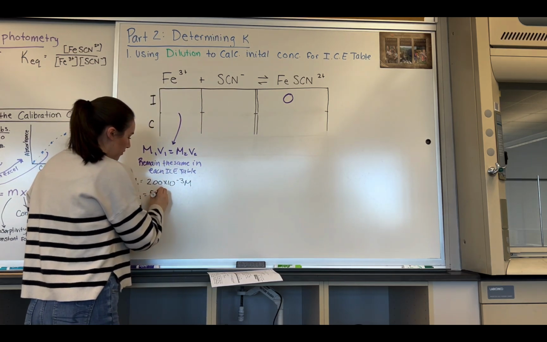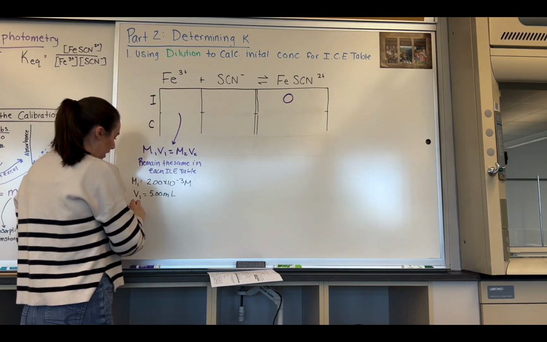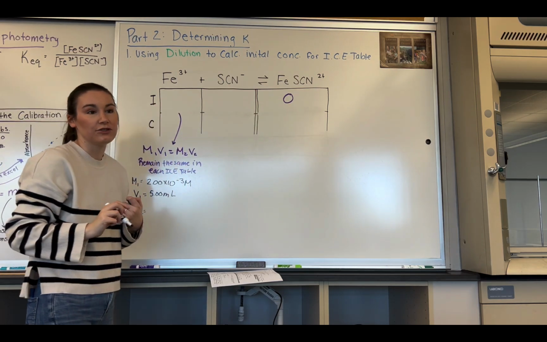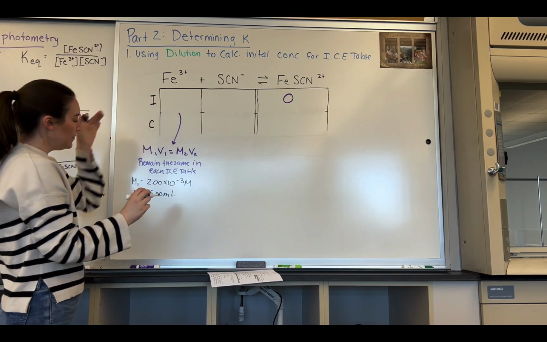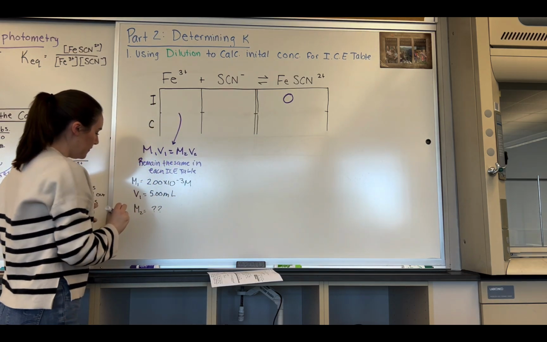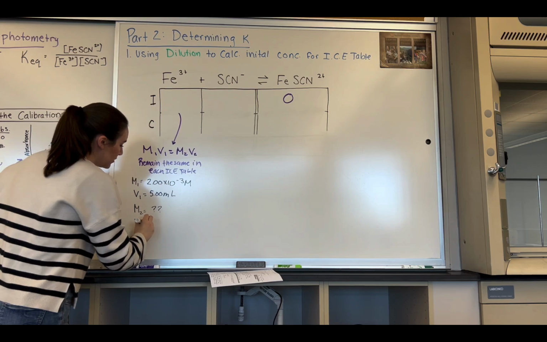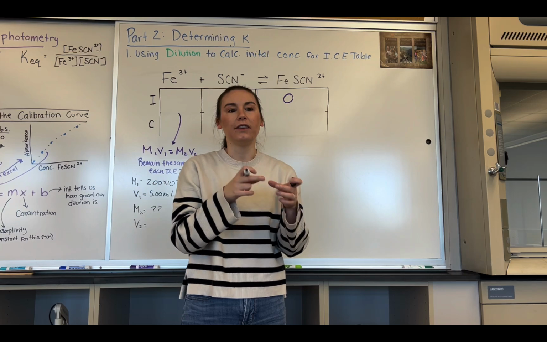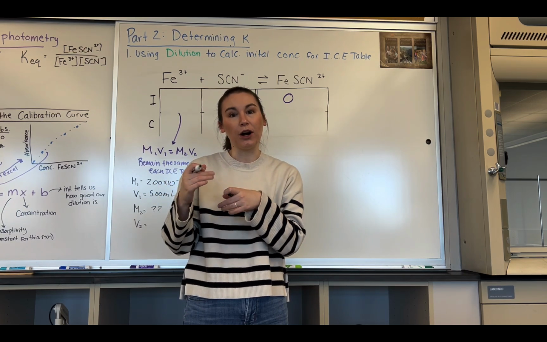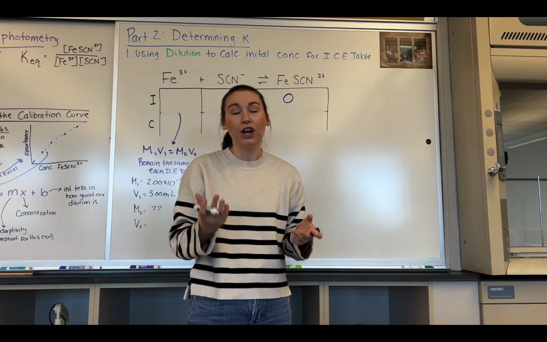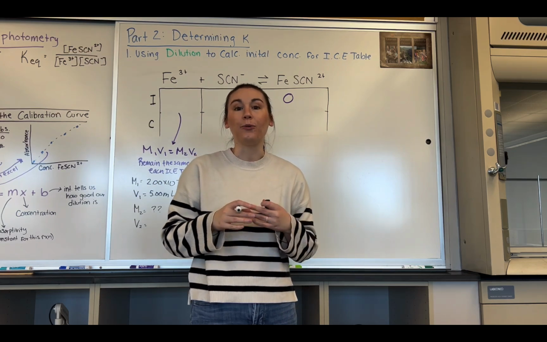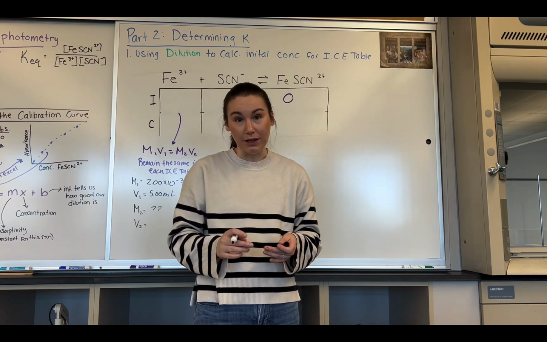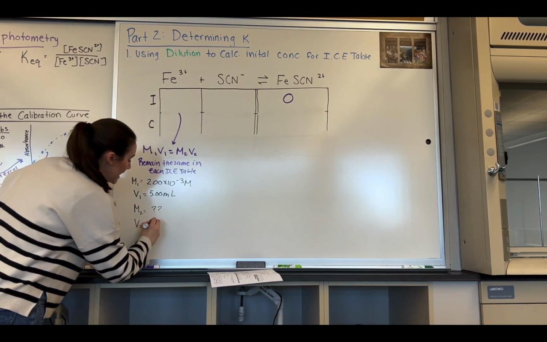So it's 5.0 milliliters. Our M2 is what we're solving for, so this M2 is going to be what we put in for our initial concentration for our iron. So this is what we're searching for. And then our V2 is going to be what we diluted it to. And if we add up all of the volumes of each component that's in each test tube in part 2, that is now 10 milliliters. So that volume is now different from part 1 as well. Part 1 we did 25 milliliters, in part 2 we're doing 10 milliliters. So our final volume here is